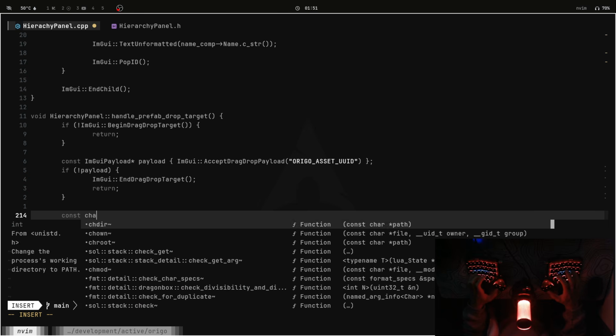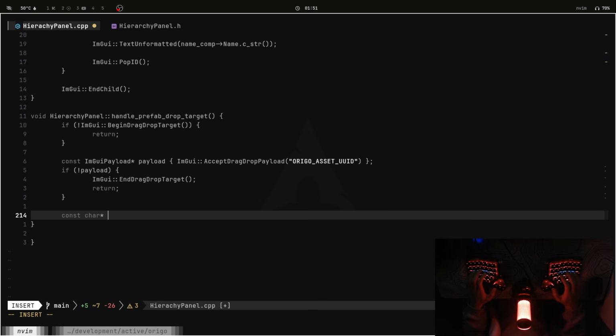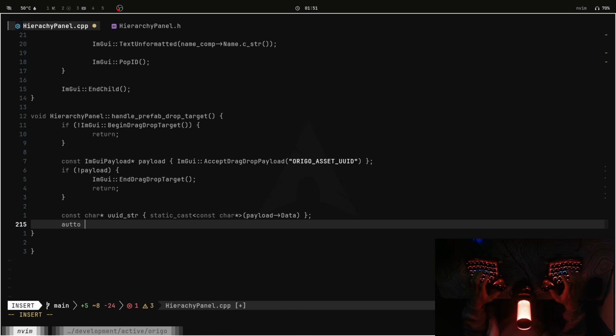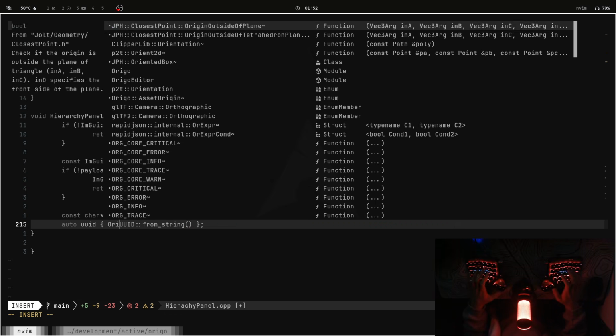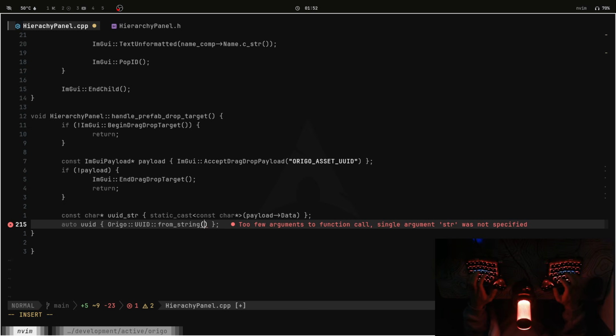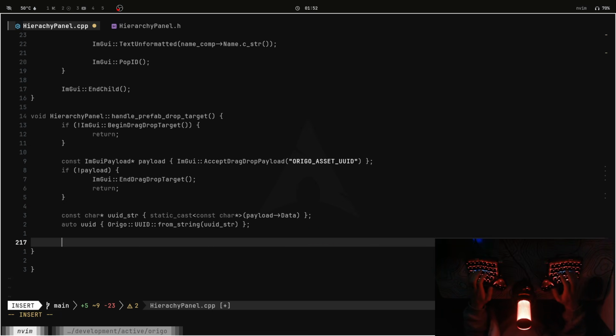So let's create a const char pointer from the payload data. So that's a UID string, and let's get the payload dot data, and let's cast that into this const char pointer since it's a void pointer now. And let's create a UUID from that by saying UUID from string. There should be a method for that. Okay, do we need to say Origo? Yeah. UID string like that,